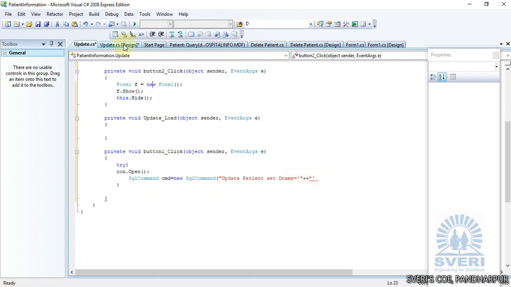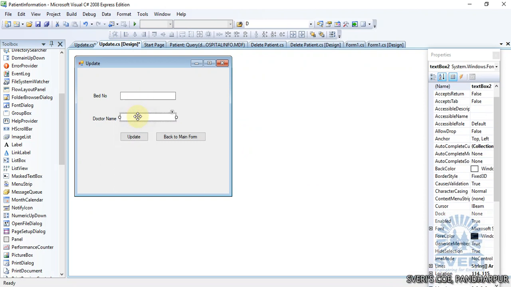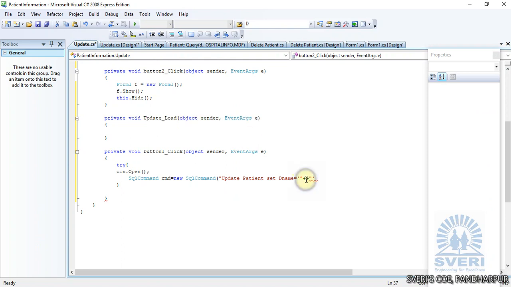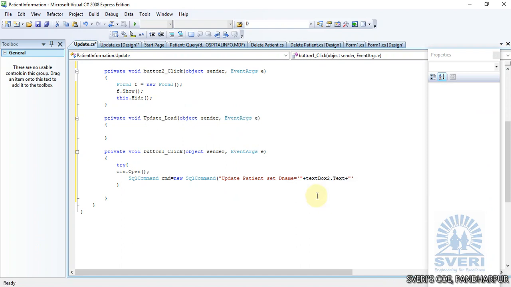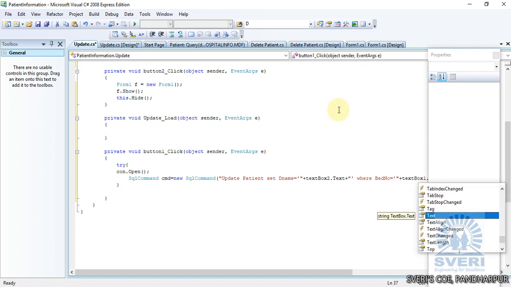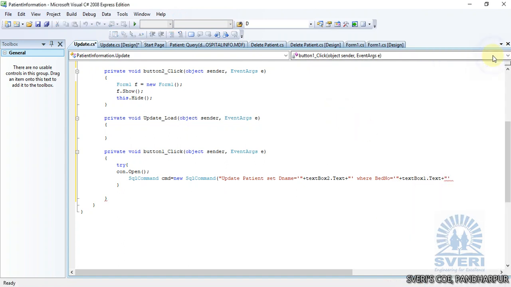within this go to the design form. We have to set the name from here, so it is text box 2. So set dname is equal to text box 2 dot text, where bed number equals to single quote double quote plus text box 1 dot text, where bed is equal to the text value from the text box 1 dot text, double quote mark, complete, comma,